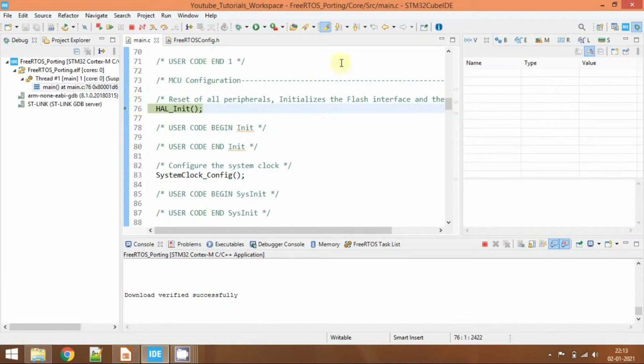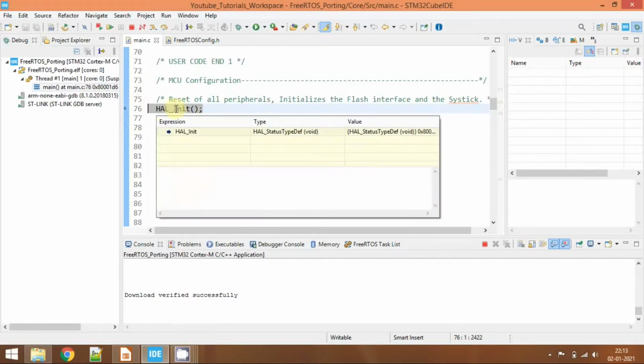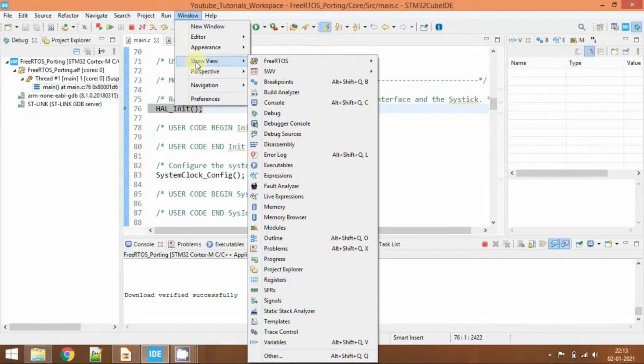Now CubeIDE will change to the debug perspective, and the cursor will pause here at the HAL init initialization. Make sure you are using the latest version of CubeIDE, and go to Window, Show View, click on FreeRTOS and click on FreeRTOS Task List.